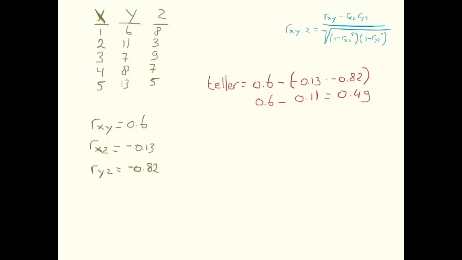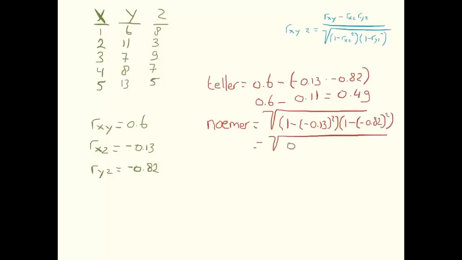To calculate the denominator, we calculate the square root of 1 minus negative 0.13 squared multiplied by 1 minus negative 0.82 squared. 1 minus negative 0.13 squared is equal to 0.98, and 1 minus negative 0.82 squared is equal to 0.33. 0.98 multiplied by 0.33 is equal to 0.32, so we have to calculate the square root of 0.32, which